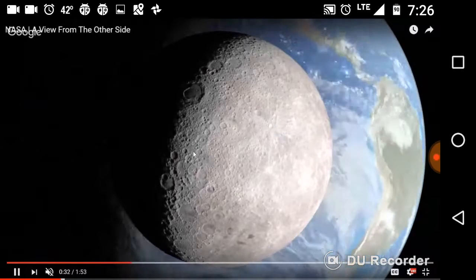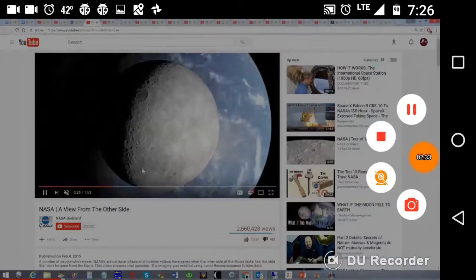phase of the moon change there, right? So, well, that may be, even